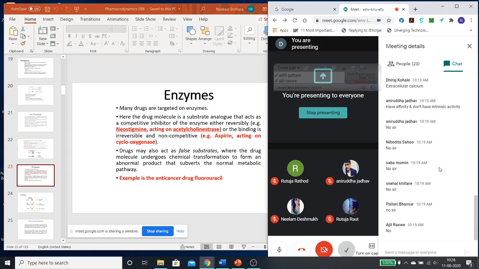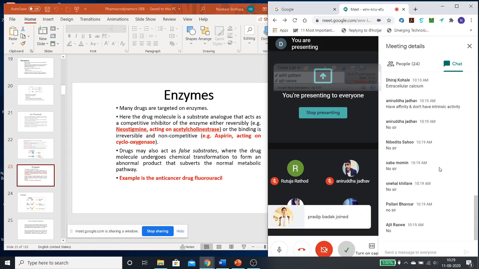Now it will depend. If all 10 sit in there, then the 10 who should have gone for the work will not go. That means their work is inhibited. They are not inhibited, but their work is inhibited. So this kind of thing is there. We call them a false substrate.